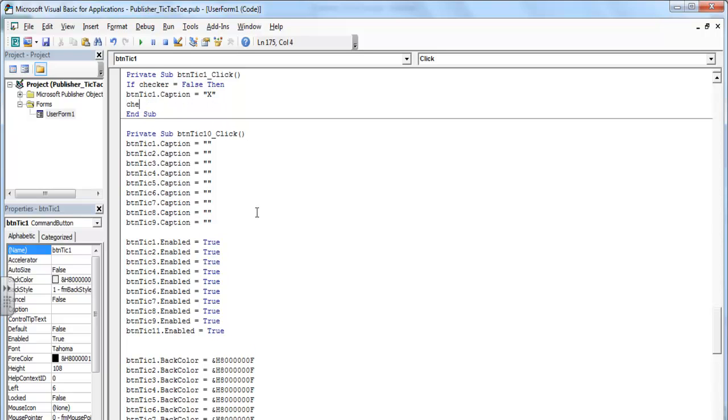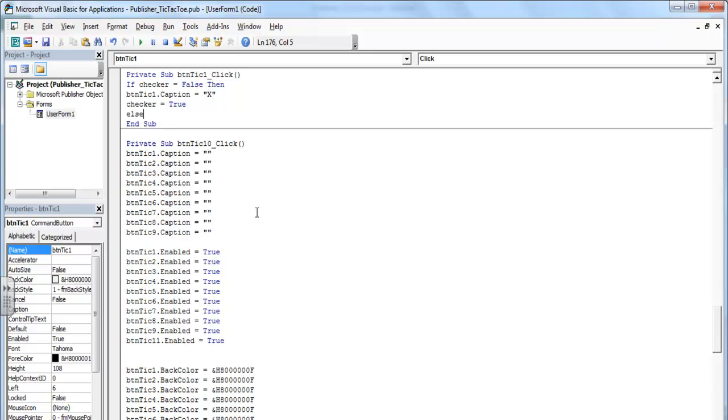Then in that case, checker equals true. There. And we also, let's go for an else statement here, else,